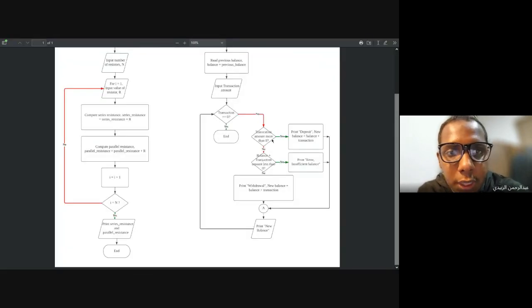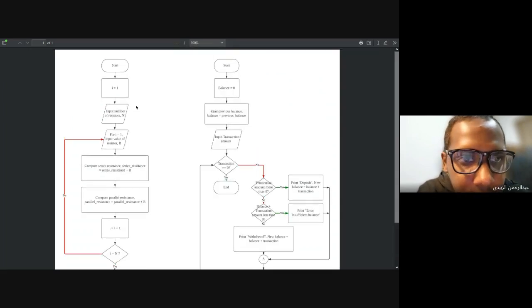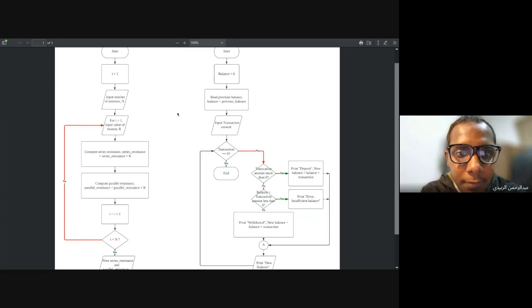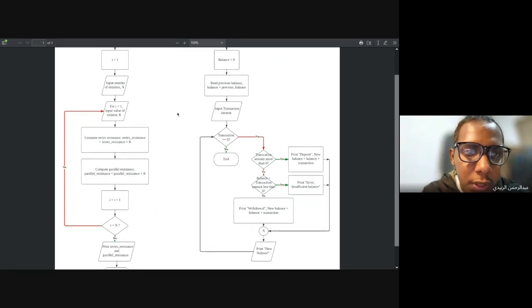For the flow chart, we can see there, where is it? Oh, yeah, this one. We would say I equals 1, already set. Then the input of the first resistor. Then we got the value. Then we'll go for the series. We will calculate it, which is series resistance plus R. Then we'll do the